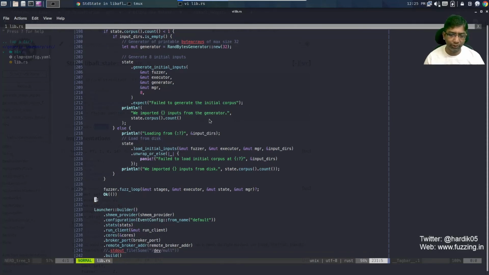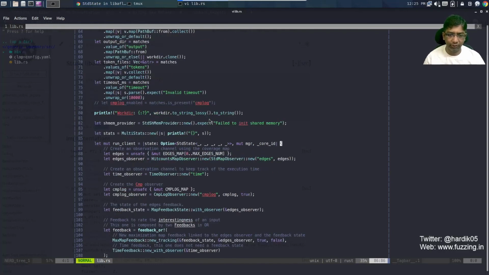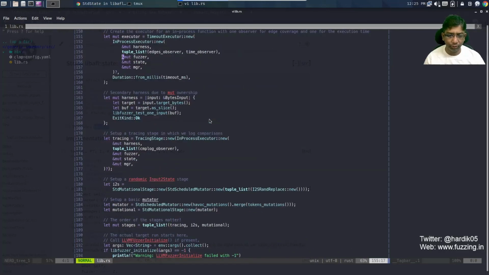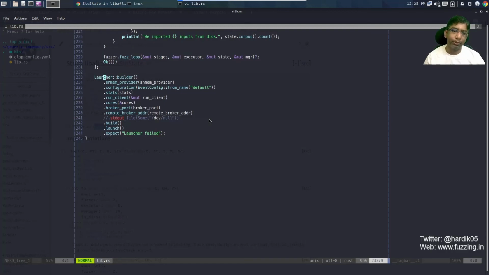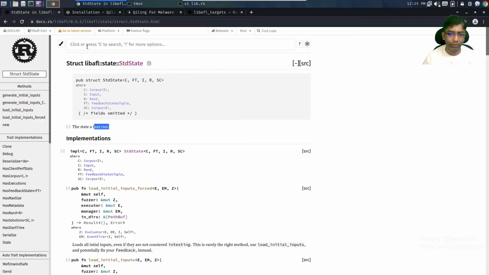Now you will notice that all this is inside a single thing called client. So all this is inside this run client, and then you will notice a new thing over here, which is the launcher. So basically what does the launcher do, let us go ahead and see in the documentation as well.